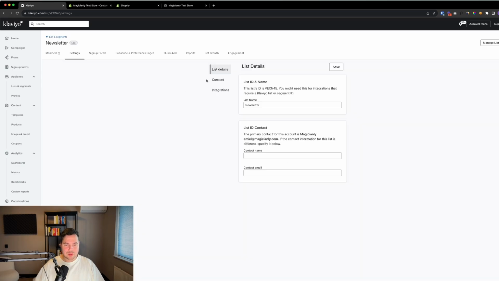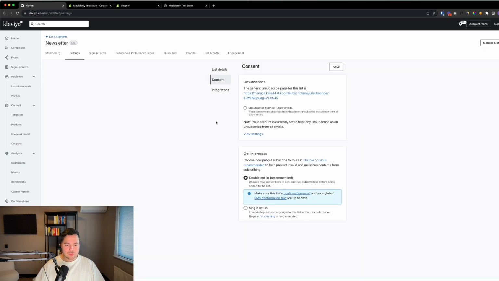From this page, if you click on consent, what you'll see is this area in here, which says unsubscribe from all future emails. So when someone unsubscribes from a newsletter, unsubscribe the person from all future emails. I like to turn this one on because your newsletter list is your main list. It could be that you have separate lists. If you have this, then I would advise to uncheck this box. But for most people, probably it makes sense to enable this box,